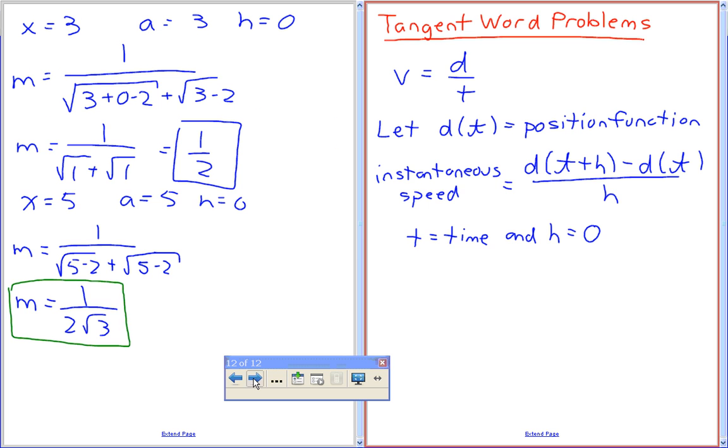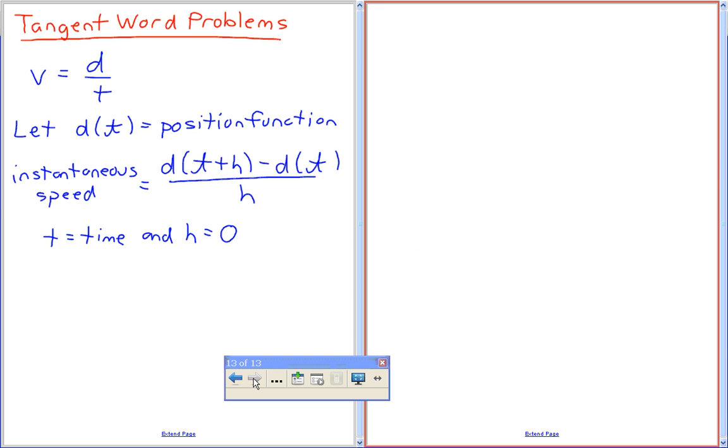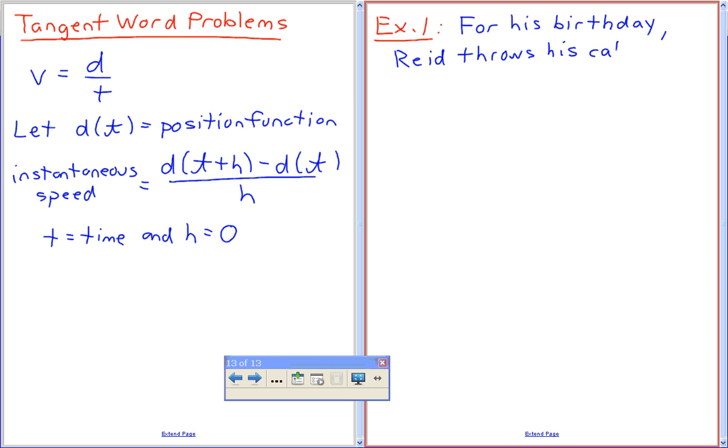I'm going to say, example 1. For his birthday, Reed throws his calculus textbook. Oh, you're gonna give him a bunch of homework on his grades. Yes. That follows the path